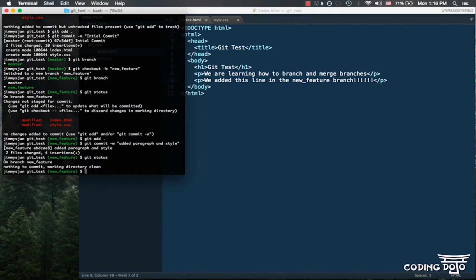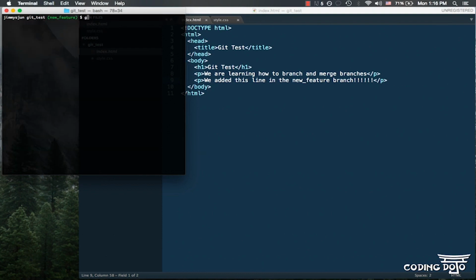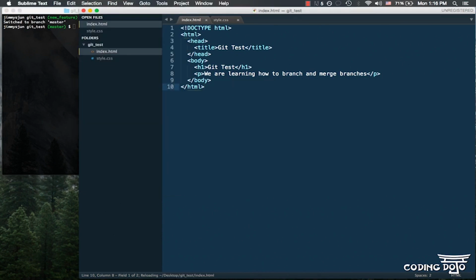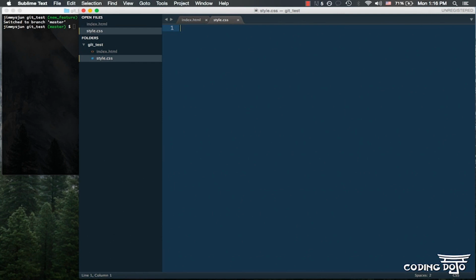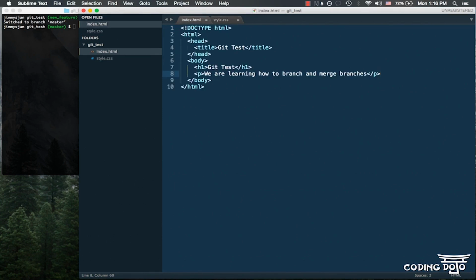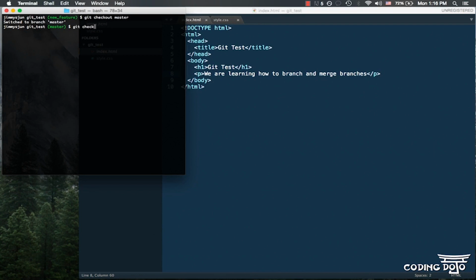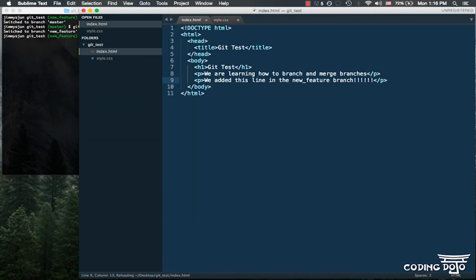Awesome. So what we can do now is see how version control works by going back to our master branch. So let me clear this out, and let's run git checkout master. So now we've switched back to the master branch, and let's go back to our Sublime text. When we go back to our master, we'll see that the paragraph that we added is no longer there because it wasn't committed in our master branch, and our style.css is empty. Cool, right? So basically, if we go back to our new feature branch,